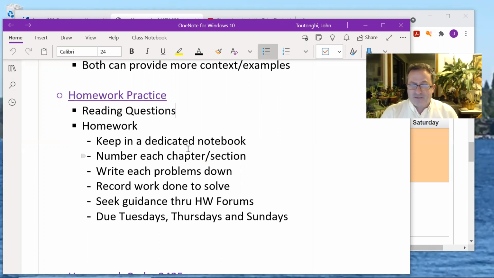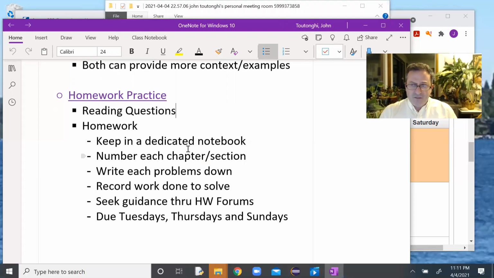So I would actually have 2 spiral notebooks, one for stats, one for algebra, and I would do my homework in those. And then I might have another notebook for notes in stats. For the algebra, I would personally use the printed out lecture notes because they go along with the videos. So in the homework, if you write each problem down and then record whatever work you need to solve that problem,